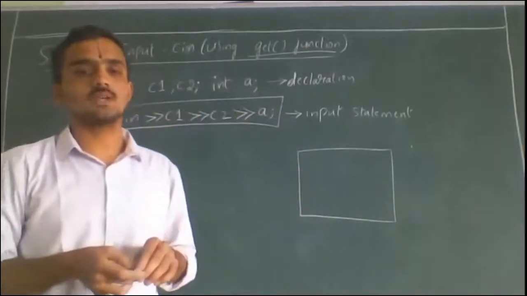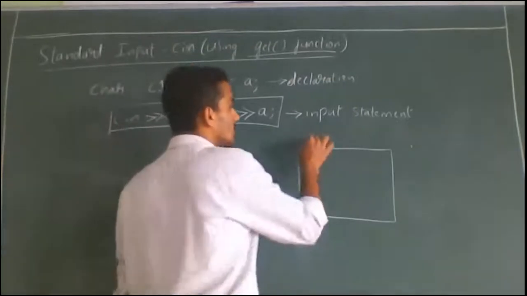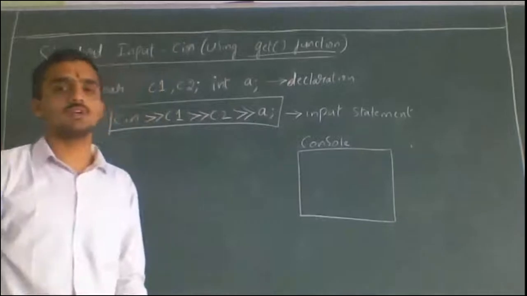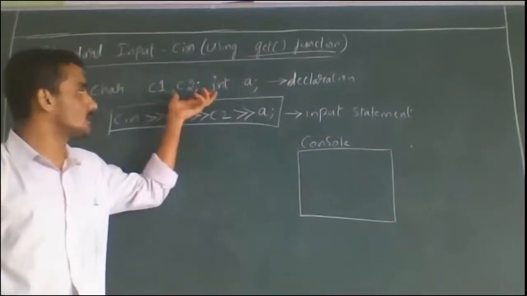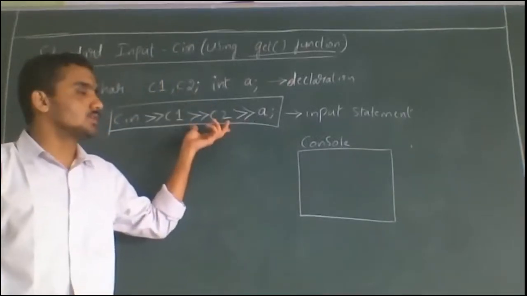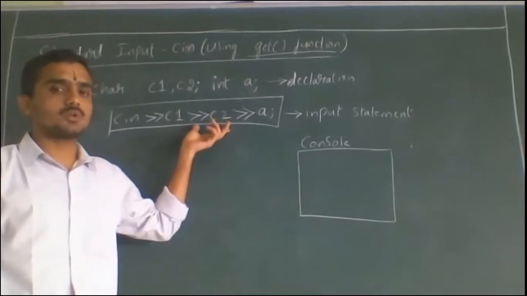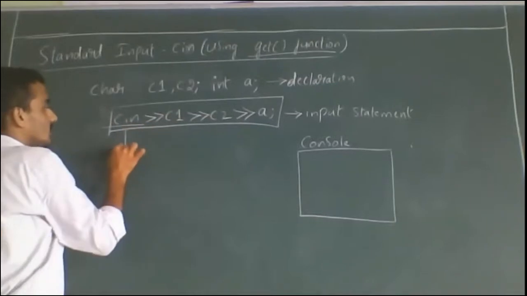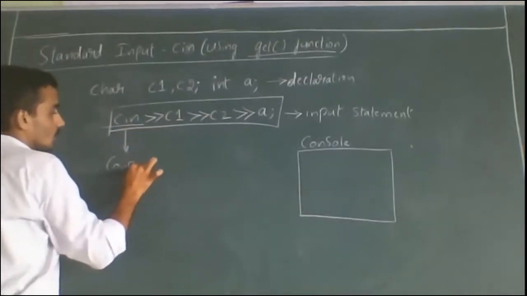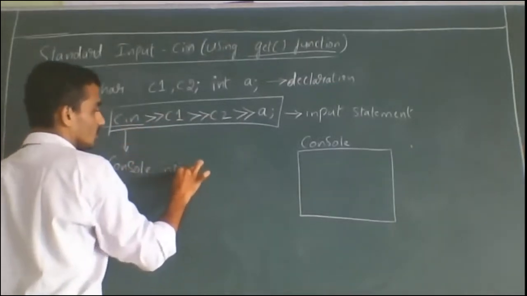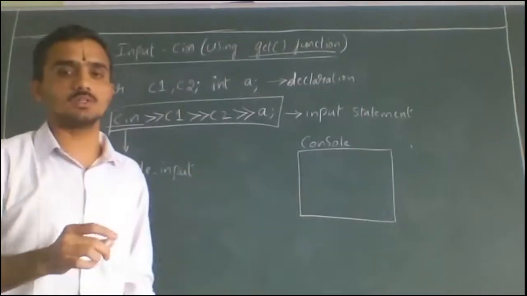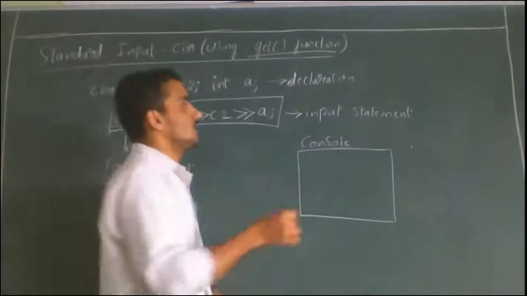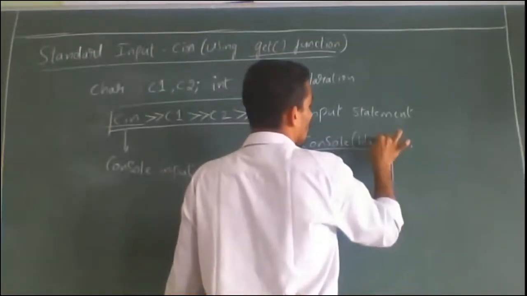After executing this sequence of statements, when we look at the console screen, let us assume these statements we have written in a program and we have executed the program. So, the declaration statement and this input statement. When we discuss the cin statement, just understand this concept: cin refers to console input. Often I will be telling these words, because it helps you understand.